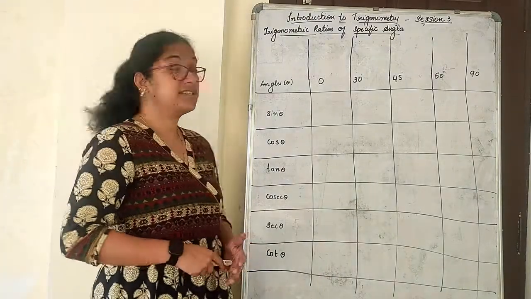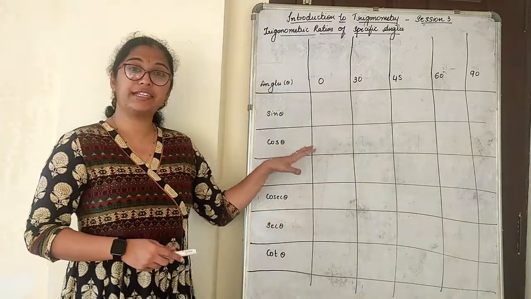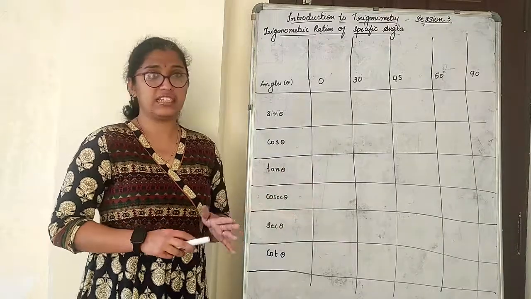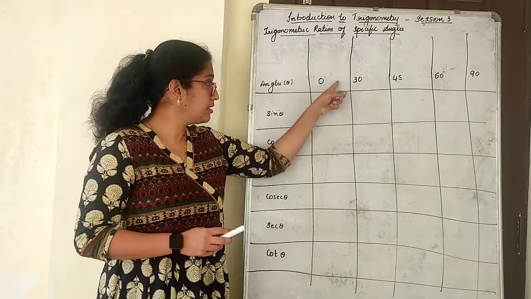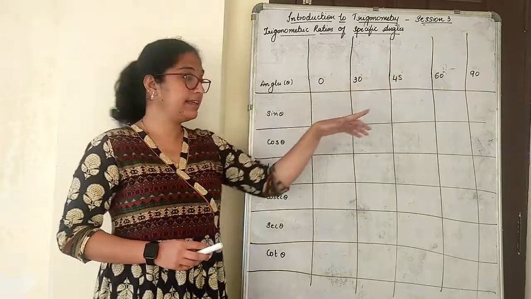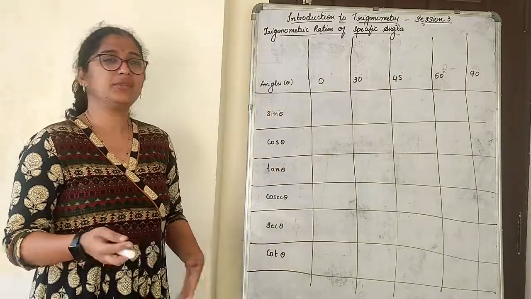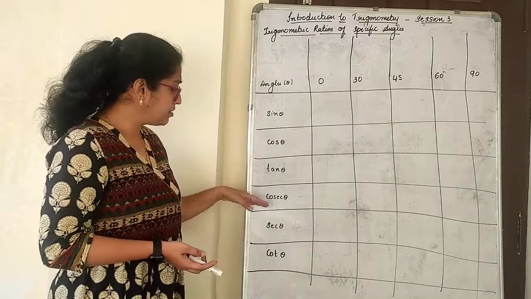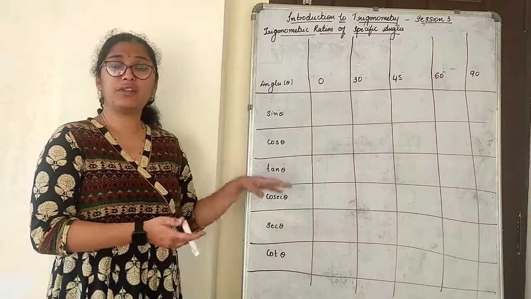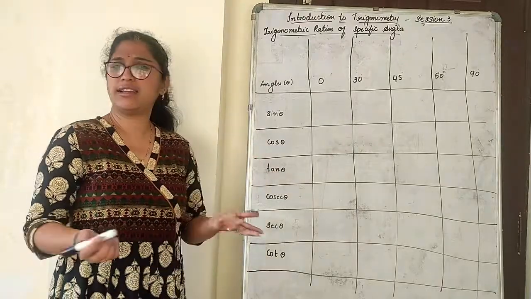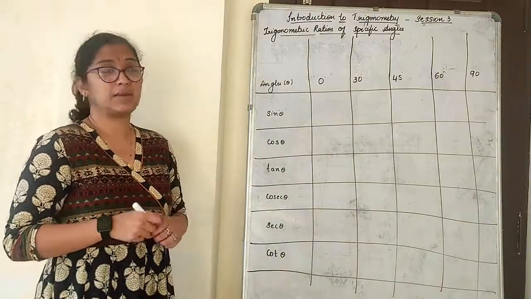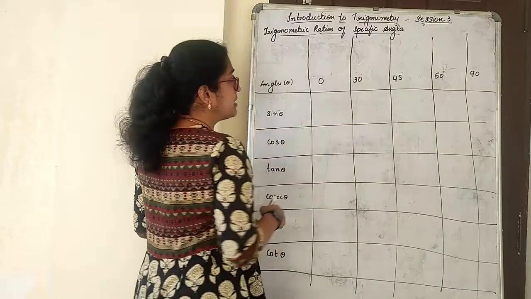Okay, so let us understand these angles, what we have derived and how to write them. There's a trick in understanding. So we have to go in order 0, 30, 45, 60 and 90. I have written sin, cos, tan, cosec, sec and cot. I have just followed the textbook how they have given. You can also interchange this here and there and write. Doesn't matter, but answer will be the same. But this pattern you have to follow.